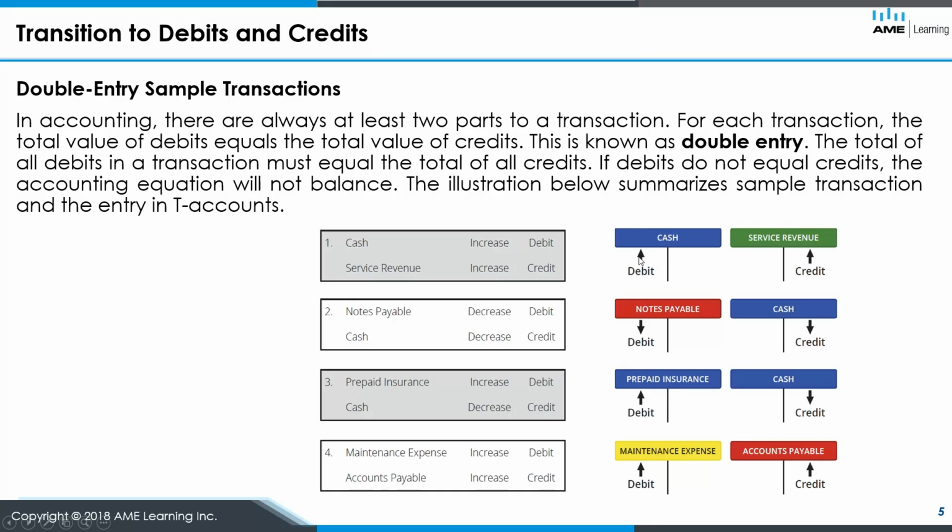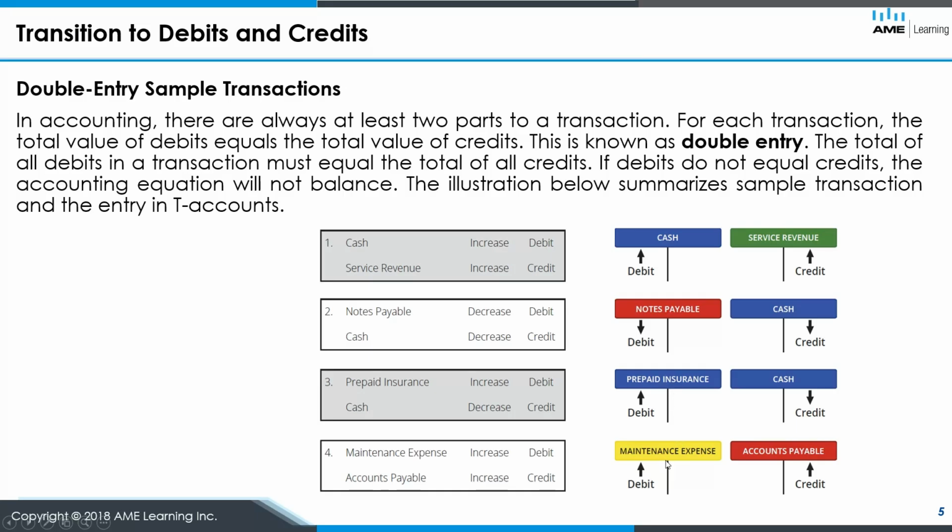Cash, being an asset, goes up with a debit and down with a credit. Notes payable, which is a liability, goes opposite, so it goes down with a debit and up with a credit. Paying for prepaid insurance as an initial purchase of the prepaid insurance, cash going down. So one asset down, one asset up. You can see them both on different sides here. So a credit will be the decrease to this asset, and a debit will be the increase to the prepaid